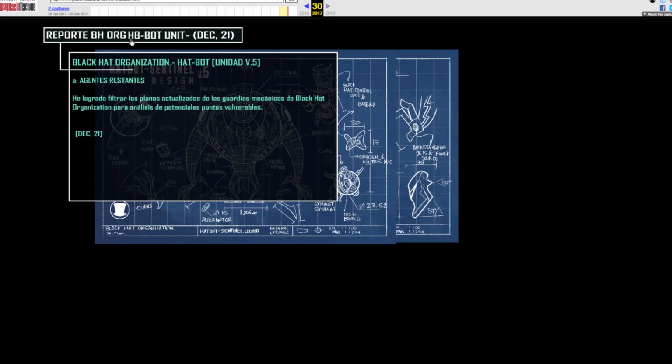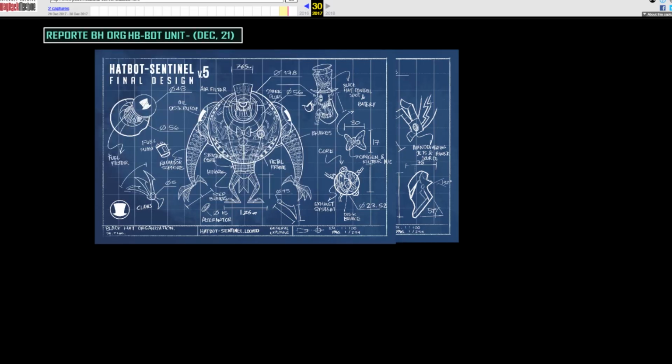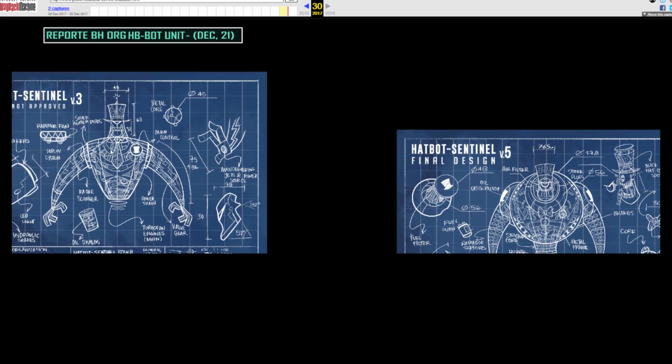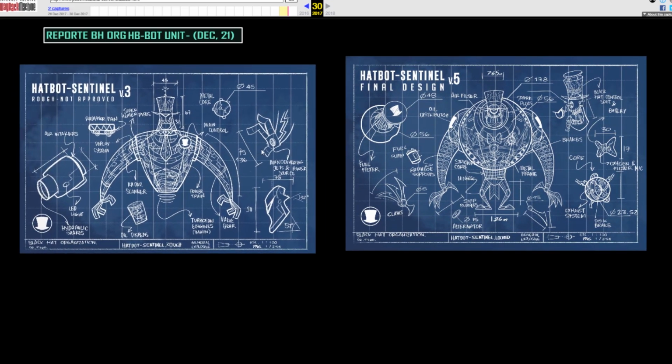And this was titled Hatbot. So the agents were able to obtain some very valuable information. These bots actually remind me of the robot from Incredibles because we can see there was more than one version and it got more rounded over time. Then we got episode 3, which is about the wonderful show OKKO, but was taken down soon after it was uploaded. It appeared that Podemos Bailar was taken down as well. Thankfully, episode 3 was re-uploaded eventually. Here's what Black Hat had to say about the incident, translated from Spanish of course.